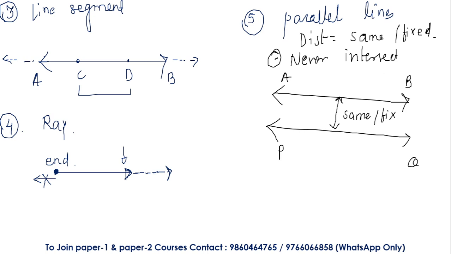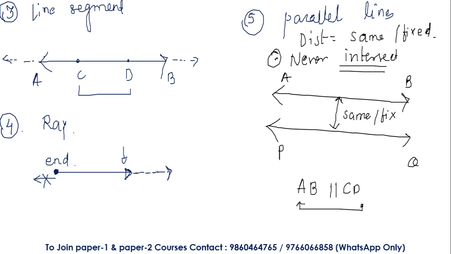So this is the terminology that we use in geometry. Intersect means we are talking about the connection, or the crossings of the lines. So these are not going to cross each other, never ever. So how is this represented? Line AB is parallel with line CD. So this is the symbol of the parallel lines.